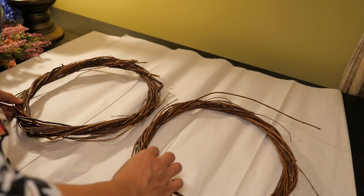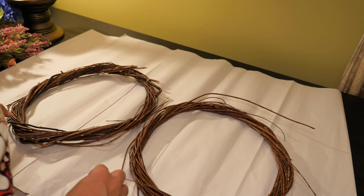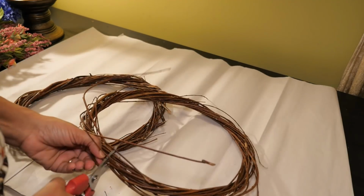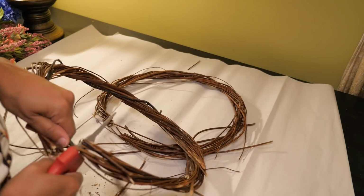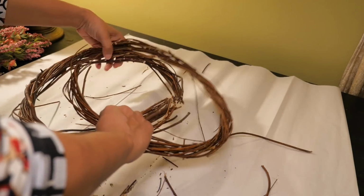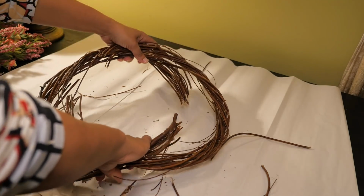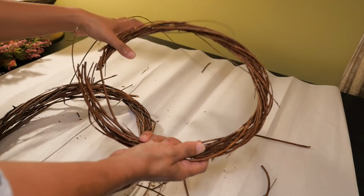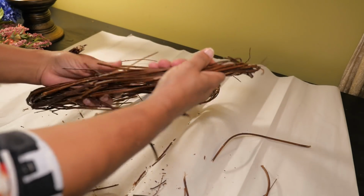To make my bird's nest wreath, I'm going to start with 2 wreaths from Dollar Tree. These are pretty small, so I want it to be bigger. So I am going to cut an opening in each of them on one side. Then I'm going to take the 2 wreaths and put them together. I want the wreath to be about this big, so I'm going to take one end of one wreath and one end of the other and just sort of weave that